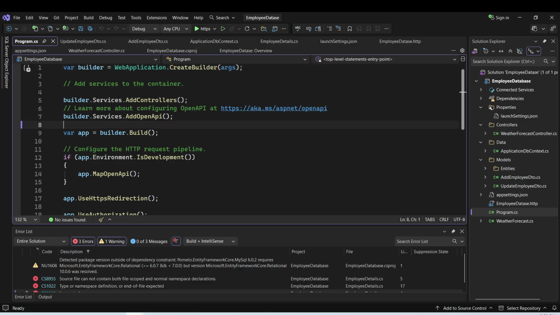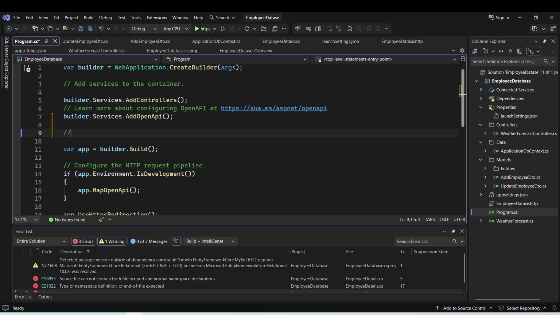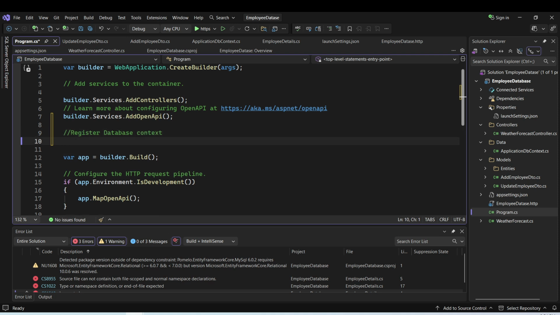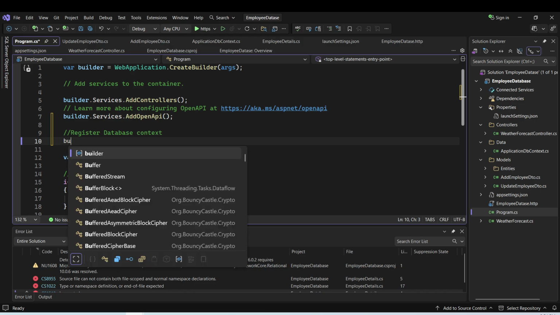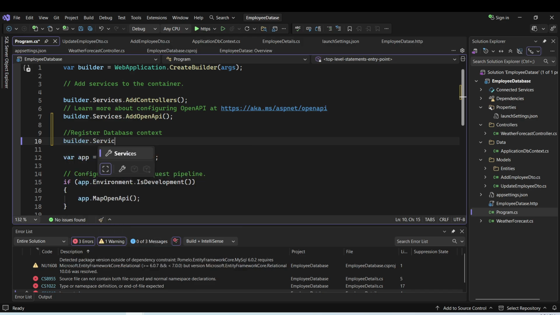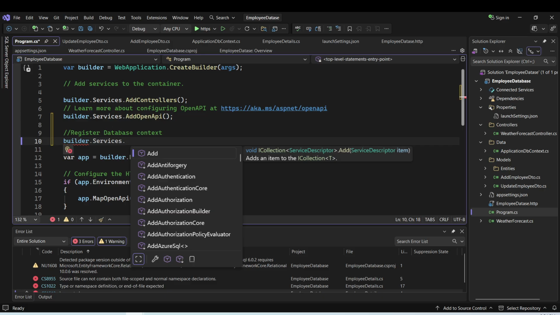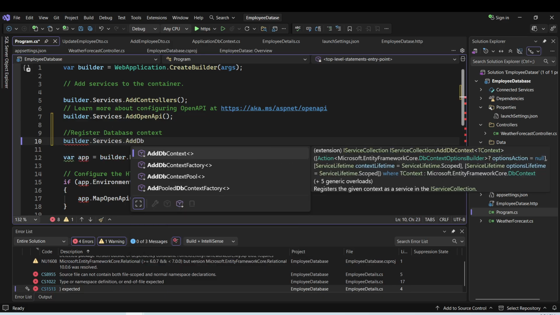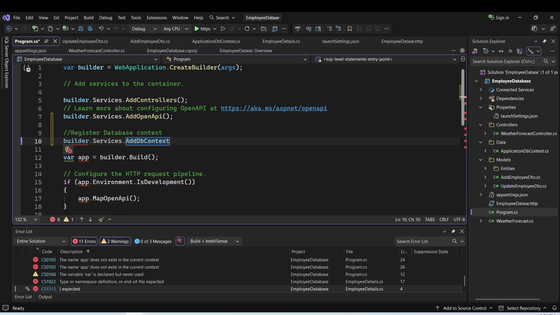Right below this builder.services open API, I will register the database context here. That will be builder.services.AddDbContext,